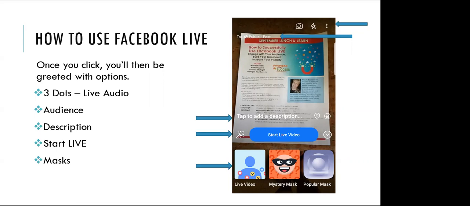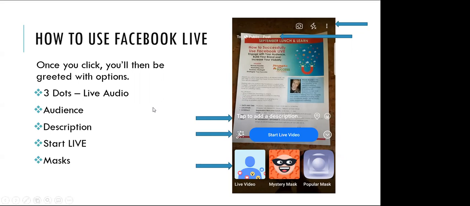Another thing is that if you go to these three dots here, and you don't want to be on screen, if you're afraid to do that, try to figure this all out on your phone initially, those three dots will allow you to do audio only. It's like a podcast style, with sound waves in the background, and it will have your audio only and not your face. So it's another way to ease into doing Facebook Lives, but you can only do that on your phone, not on your desktop.